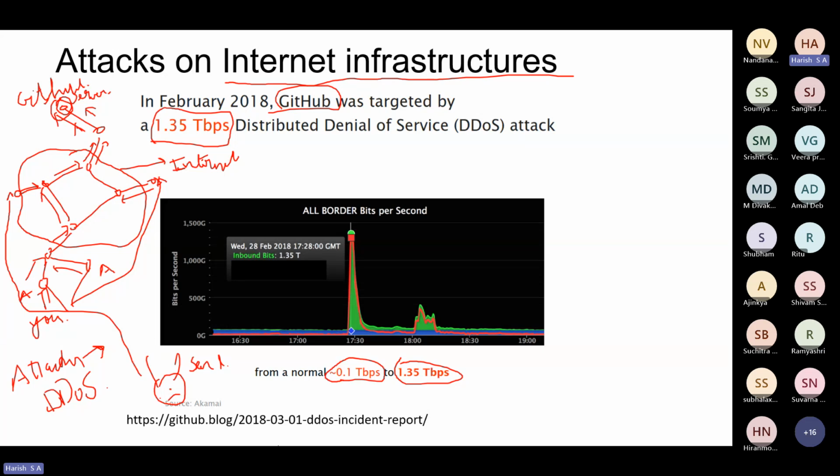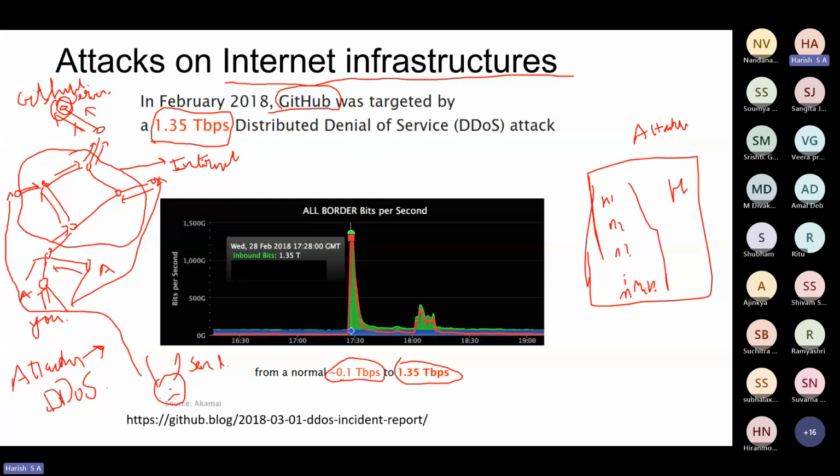Correct? So when I said an attacker has all these nodes, he has a collection of nodes: n1, n2, n3, let's say n million. How does he get all these nodes? Have you wondered? Can anybody answer?